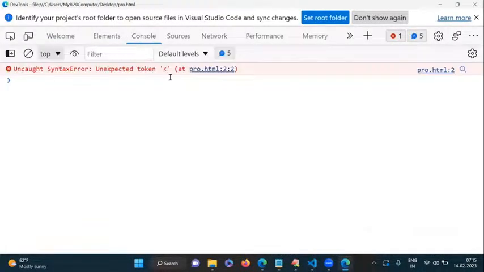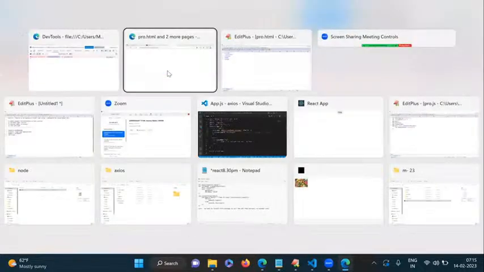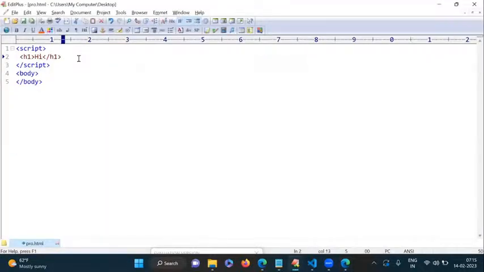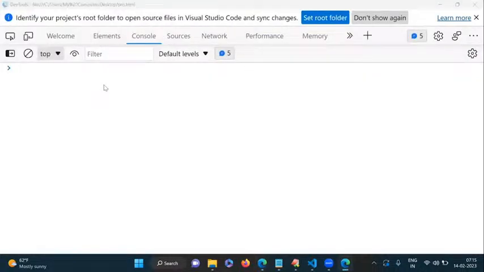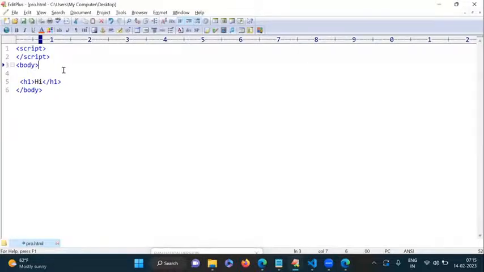On the console it displays an "unexpected token" error, because you kept this inside the script tag. If I keep this inside the body and refresh, it displays the output and no error comes. But if I keep it inside the script tag, it gives an error message. That's the main problem. Now, if we take JSX format, we can combine